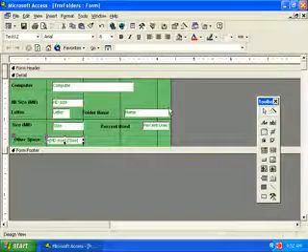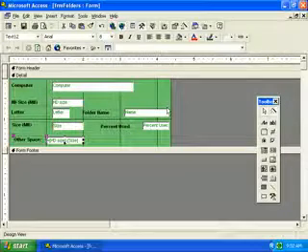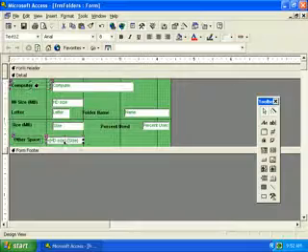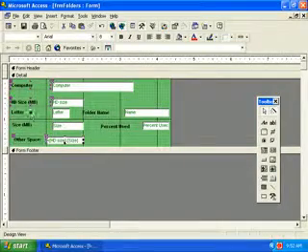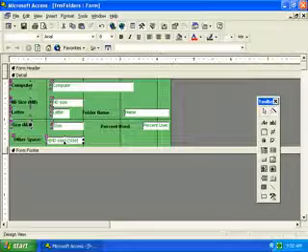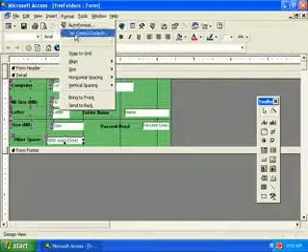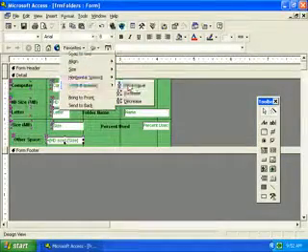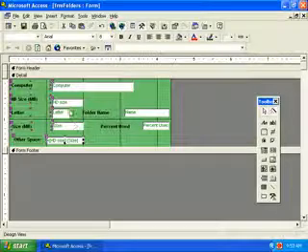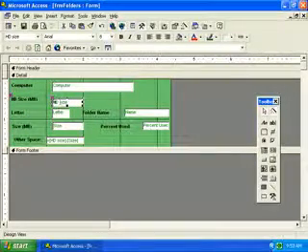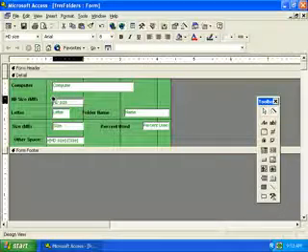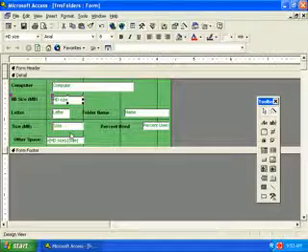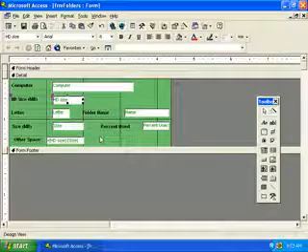Now hold the shift key and select the labels for computer, hard drive size, letter, size and other space, all the ones on the left hand column, and then go to the format menu, vertical spacing, make equal, and then if some of the rows are a little bit out of line, we can select the labels and text boxes on those rows, or we can drag some pieces around, but let's select all the